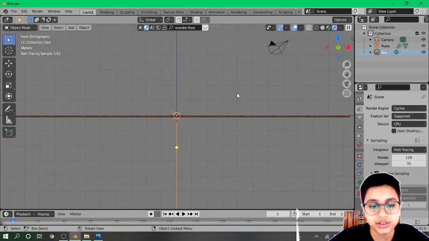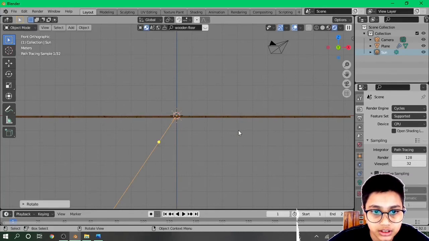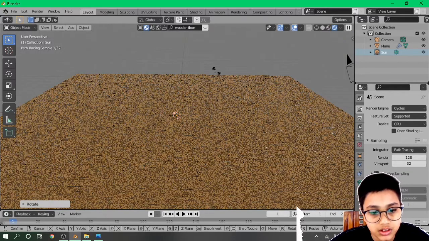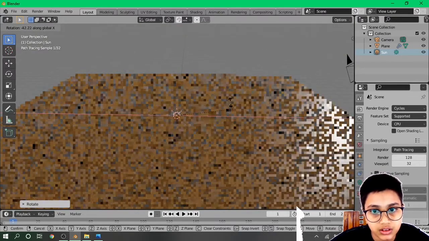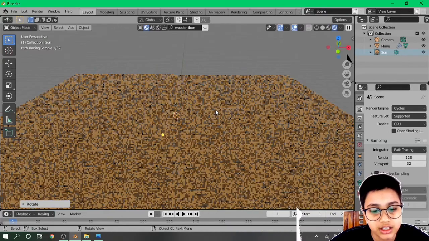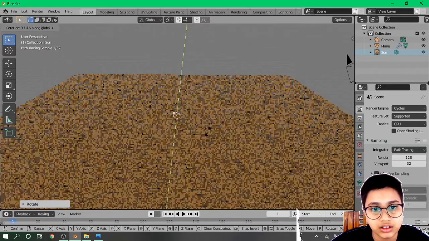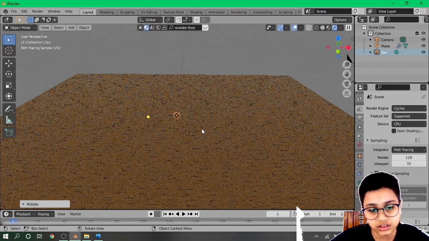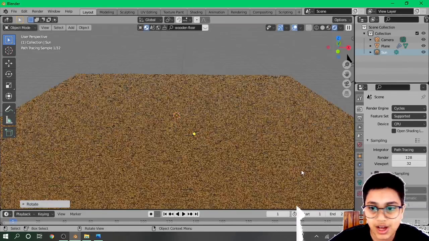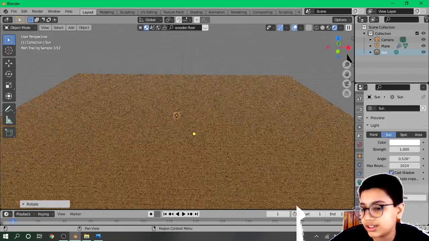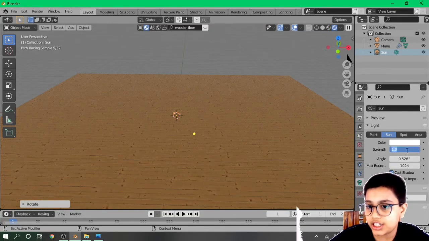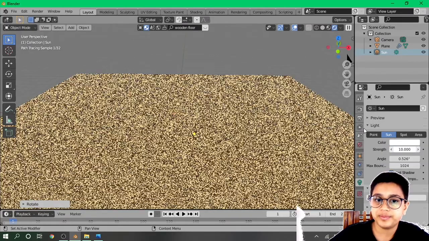So go to front view, rotate it on the Z axis and Y axis, and go to the light object data properties and change the strength to 10.